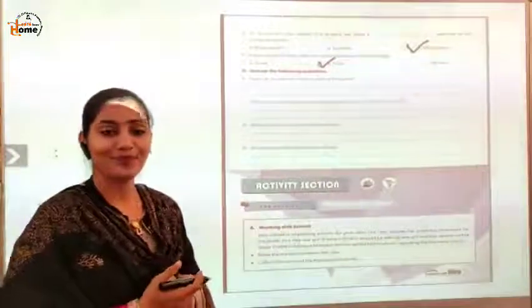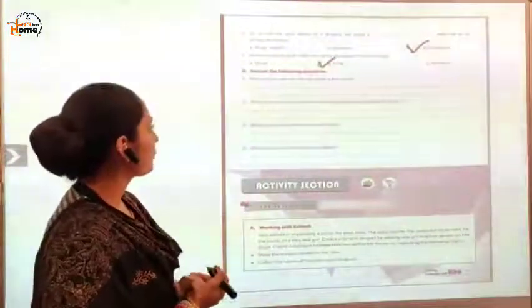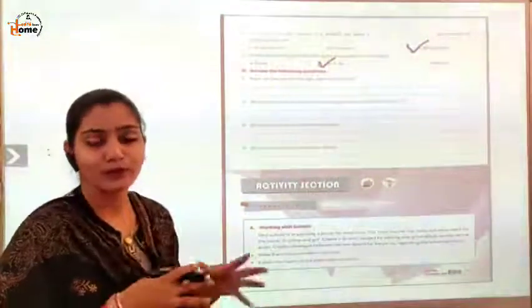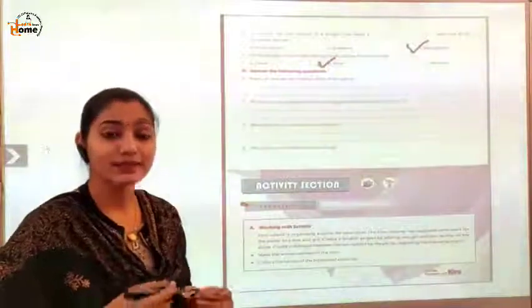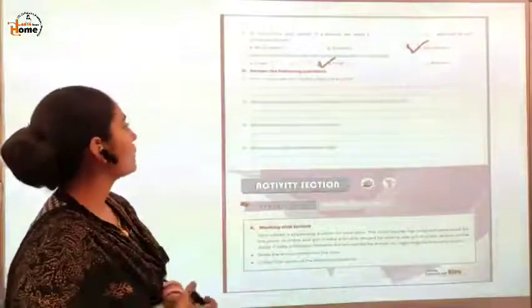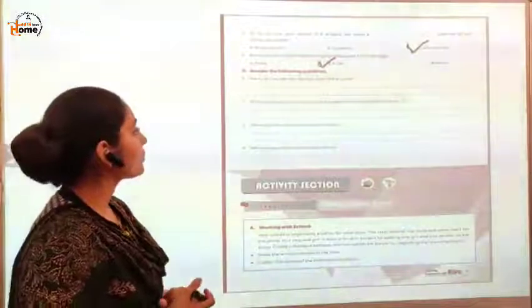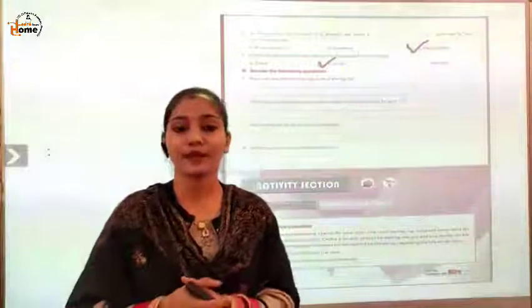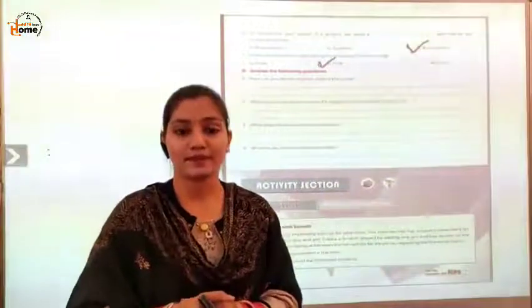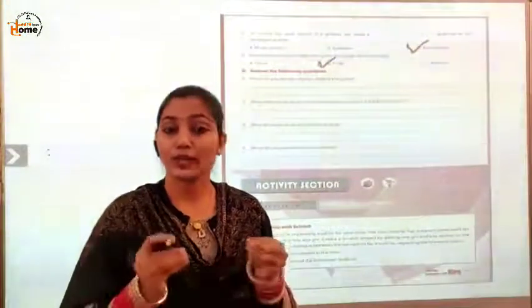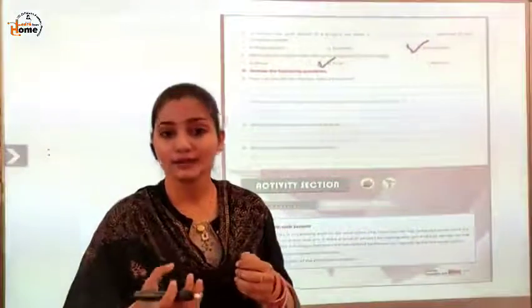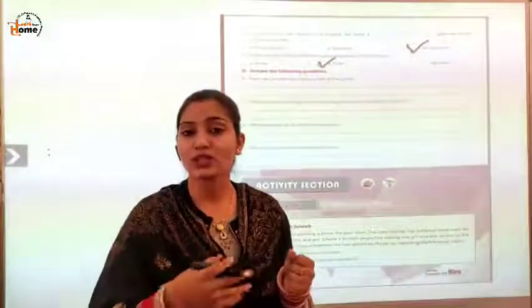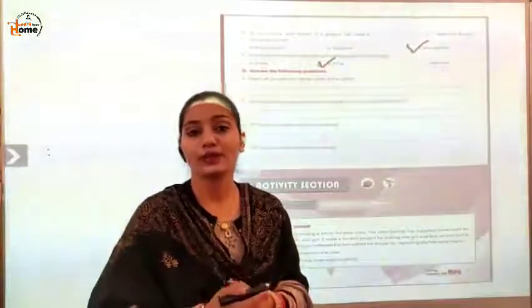Have you completed? Okay. Move to answer the following questions. You have to do this on your own in your own language. We will only discuss. Write the answers in your own language. First is, how can you set the rotation style of the sprite? I have told you many a time. We can use the rotation style button in the sprite info pane to change the rotation style of the sprite.